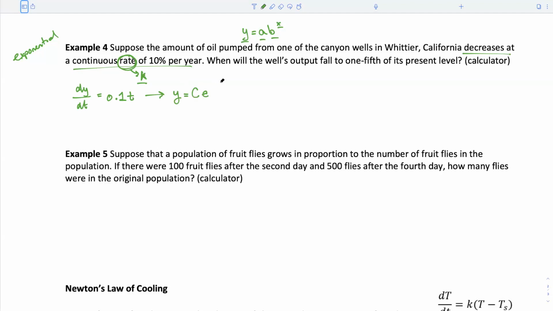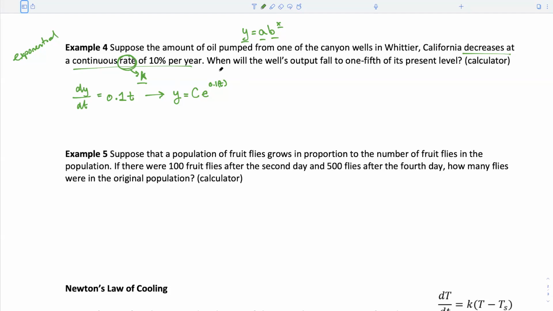So e to the 0.1 times t. So from here, we have a function for what this should look like,